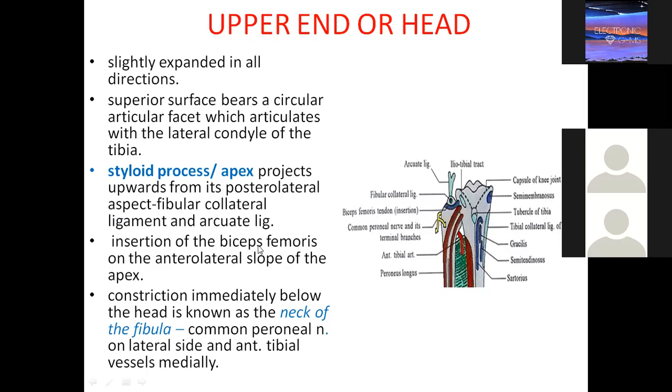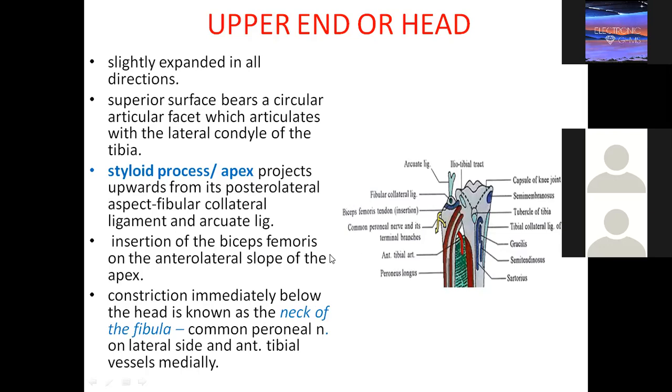Now, not only that, you will see the insertion of a muscle, that is the biceps femoris. Biceps femoris we have seen in which compartment, beta? Semimembranosus, semitendinosus, biceps femoris. Hamstring, posterior compartment. Posterior compartment. Okay, what was the common place of origin we have seen, beta? Hamstrings. The ischiopubic ramus. No, beta, that was the adductor compartment. Oh, okay, ischial tuberosity. Ischial tuberosity. Very good. So the insertion is on the apex.